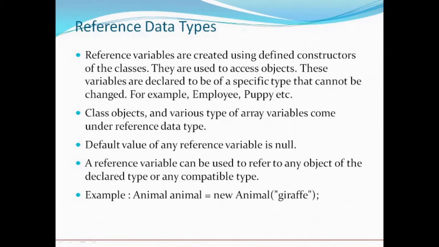Now a reference variable can be used to refer to any object of the declared type or any compatible type. This means that suppose I have made two objects of a single class, like employee. I have made a class, I defined the various properties, member variables and constructors, destructors. We do not have destructors in Java. But suppose we have given the full body definition of a particular employee class, and then we are instantiating objects of the employee class like EMP1, EMP2. Then EMP1 can be assigned to EMP2. It will copy the values of EMP2 to EMP1.